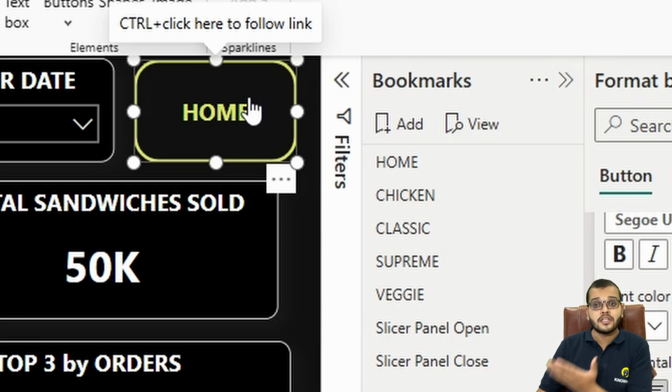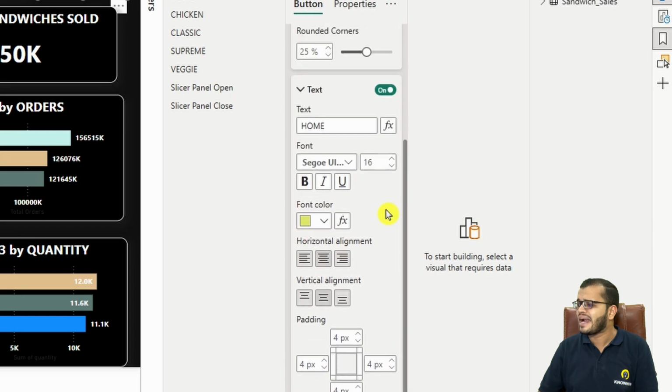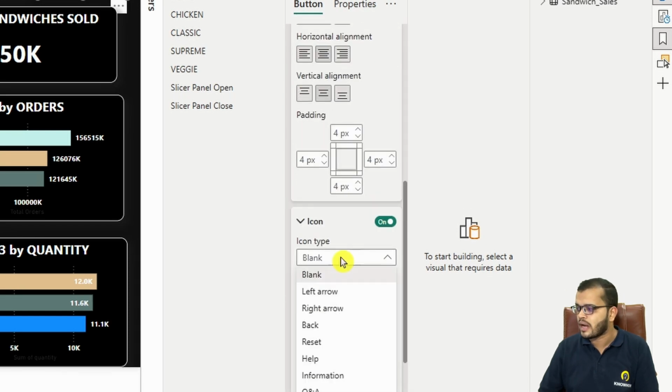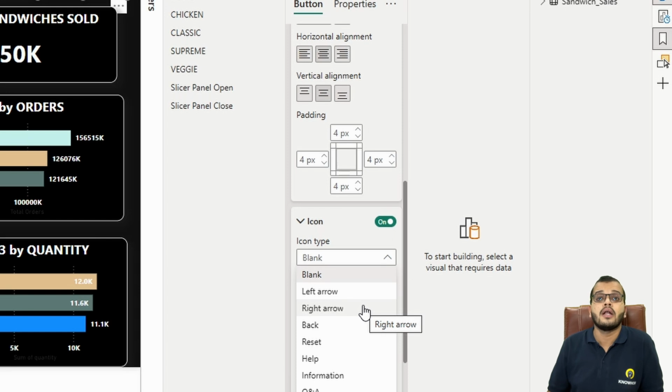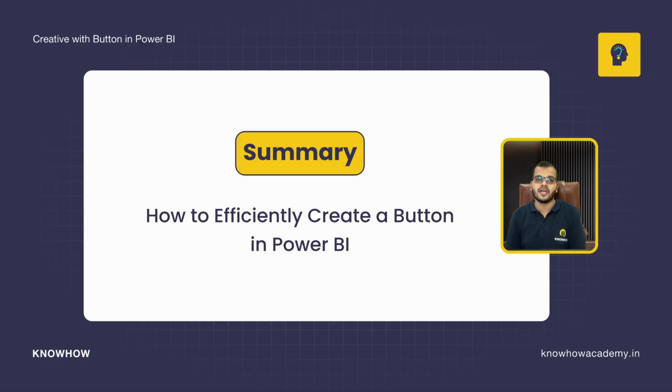Like this, we have a lot of buttons and we can add n number of icons, whichever we would like to have in our particular report. So it purely depends upon what kind of button we are trying to show. Depending upon that, we can get it. We can even get the image from Google and add it, as I have shown how we can do it using custom, right? So my dear viewers, today in this video, we have learned how to effectively create a button in Power BI